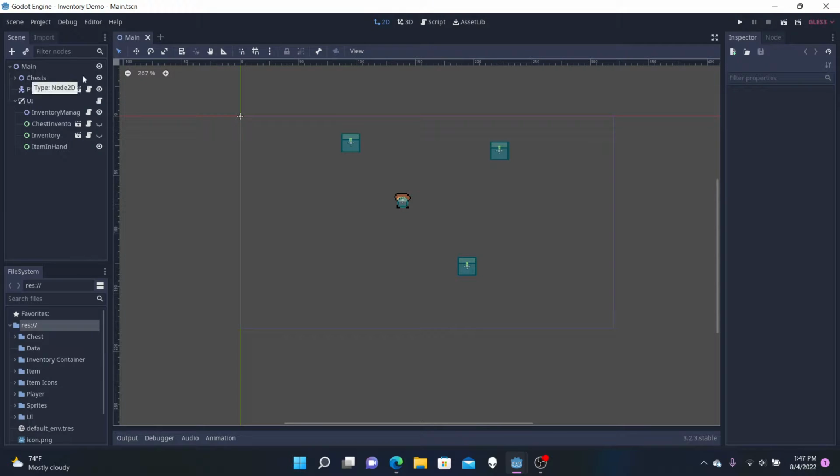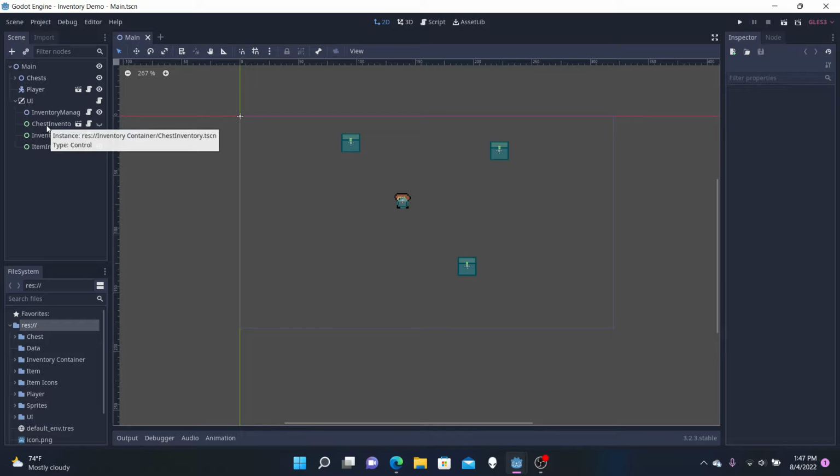So the chests are put in first, and then the player is right on top of the chest, even though they're in the same layer, the same Z index. All these are going to be over top of each other. Then the UI is going to lay on top of the player and the chest. Then the inventory manager is going to lay on top of the UI and everything above. The same thing goes for chest inventory and item in hand. So that's why in the last episode, since the inventory is below chest inventory, we can actually start moving